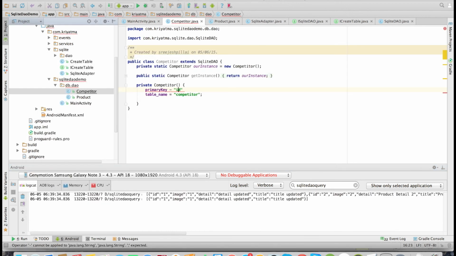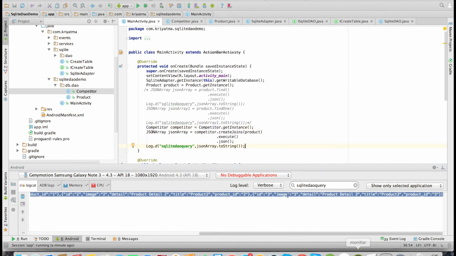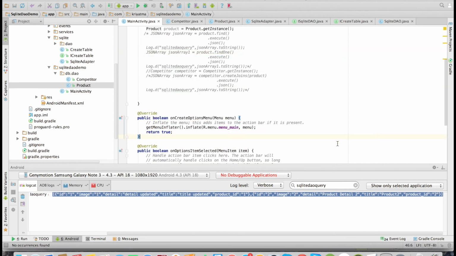If you look at what we have done, we have just created the DAO objects that correspond to the tables and added some configurations like table name, primary key and foreign key, and we are done. The library automatically creates the join queries and returns the result back as JSON array. In fact, we don't have to write a single line of query also. Isn't it very easy?